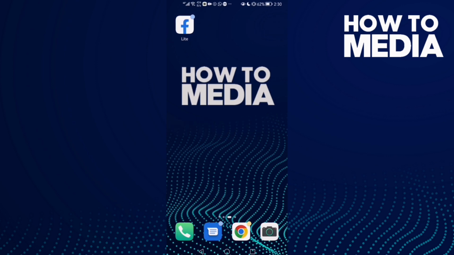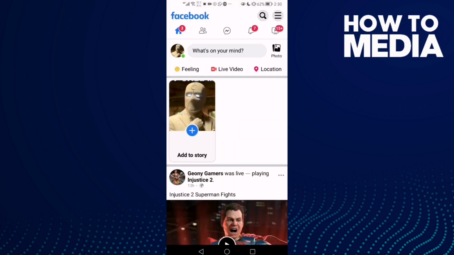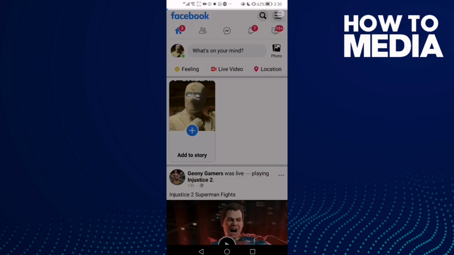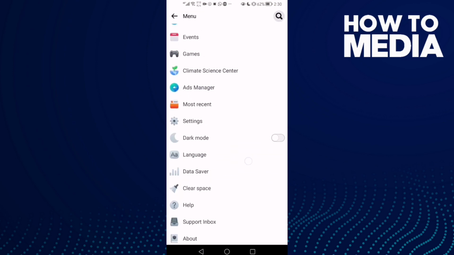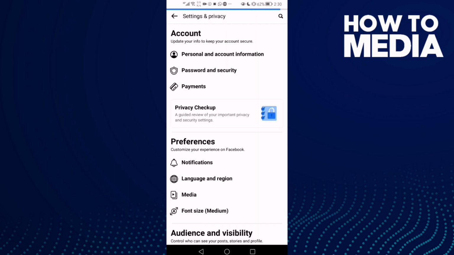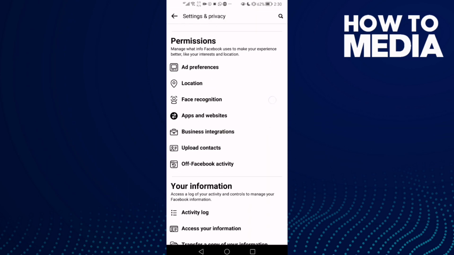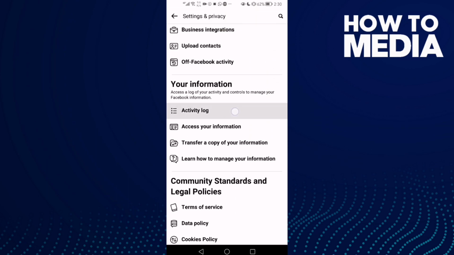First thing, go to Facebook Lite. Here you will find these three lines in the top corner. Click on it and then go down until you find settings, and go down again, click activity log,